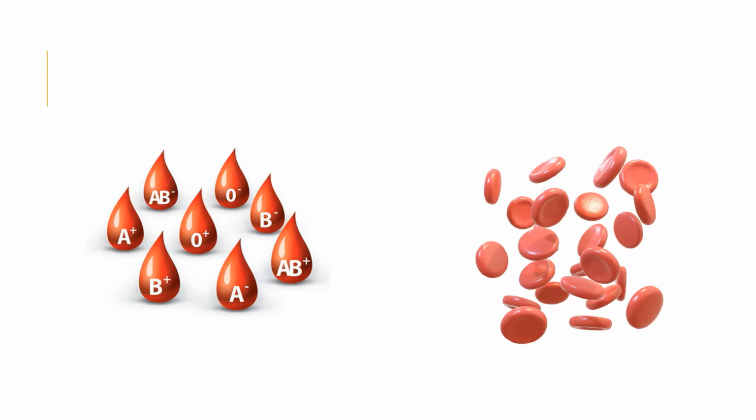So how to categorize these blood groups actually? Now as I said, there is a small protein which is present on the surface of your RBC. This is basically a surface protein, and it is only present in your RBC. There are basically 2 surface proteins. One is A and the other is B. Either one of them is present on the surface of your RBC. Either A would be there or B would be there.